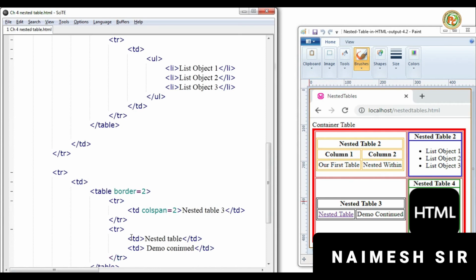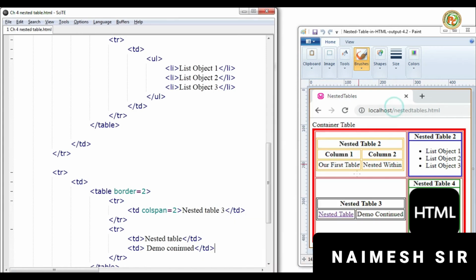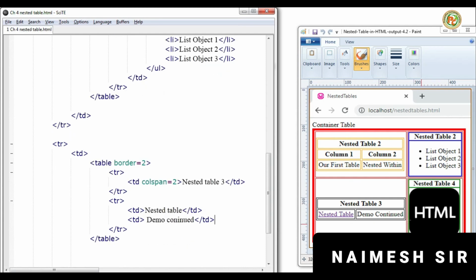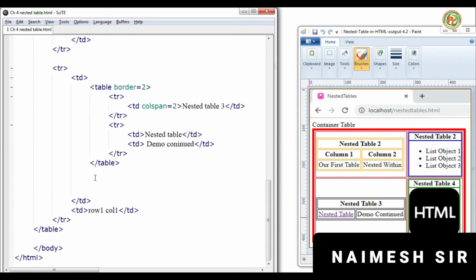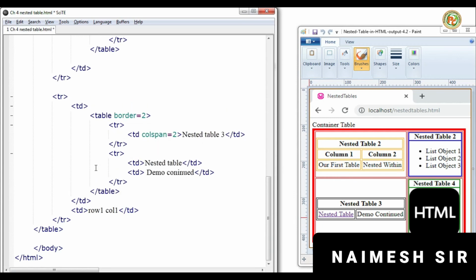Then now press Ctrl S and check it, F5. Yes, nested table demo continued. Okay, now at the last, nested table 4 and HTML we want to write, so here it is there, so we'll delete all that. Yes, last td is there here,